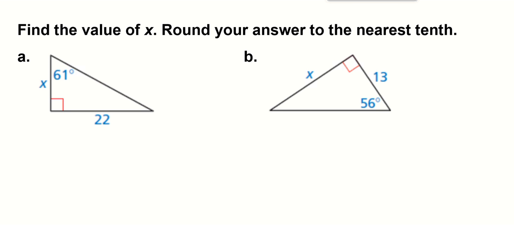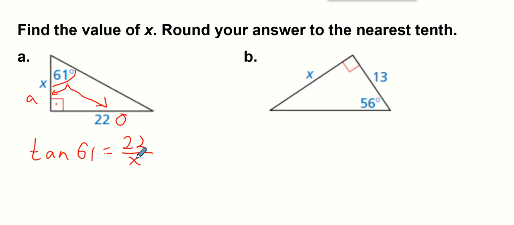Again, first thing I'm going to look for is my angle that I know. I know that this is 61 degrees, 90 degrees. These trig functions only work with right triangles. Okay, so of 61 degrees, the side I want to find is my adjacent side, and 22 is my opposite side. Since I'm dealing with O and A, I need to use my tangent, and tangent of 61 degrees is equal to the opposite side